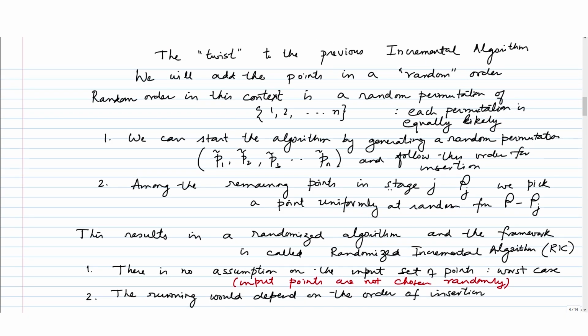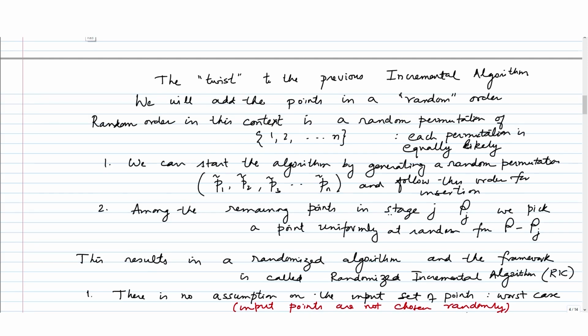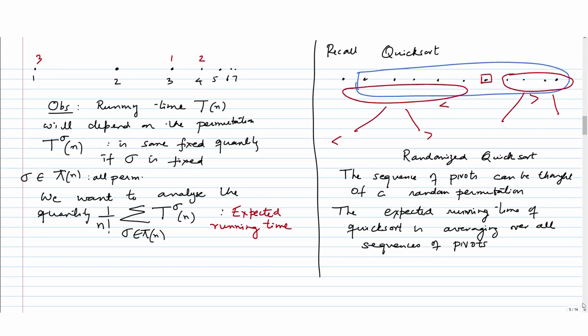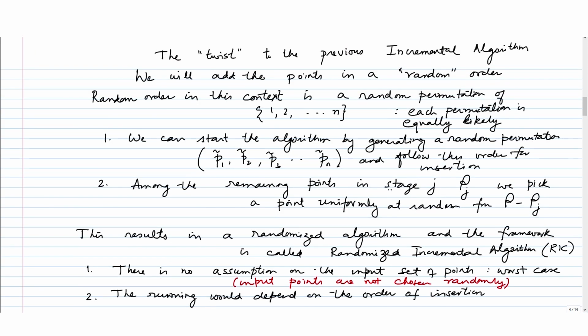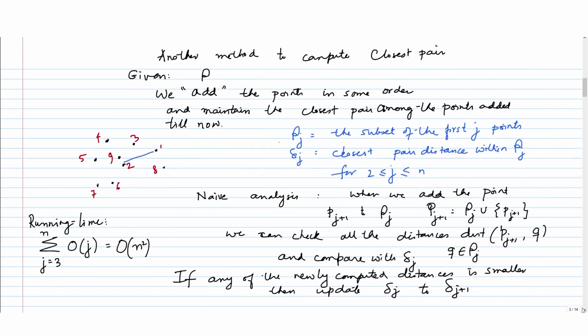So just recall this algorithm that I'm adding the points in a random order and maintaining some kind of data structure which I have not described here. So I have to now maintain a data structure such that this step can be done easily. So when we add the next point,